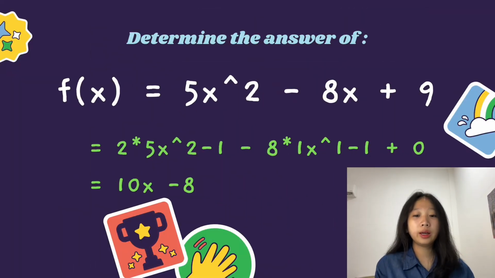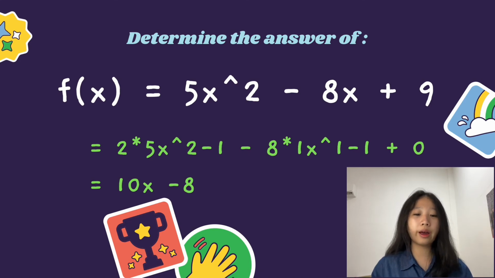Okay, so for my part, I'm going to explain 5 examples of exercises from the first derivative function. For the first example, we're going to differentiate this equation. For the 5x to the power of 2, we're going to bring down the power first, 2 times 5 times x, and the power is going to be minus 1, so 2 minus 1. Then minus 8x, the power is 1, so we're going to bring down 1 times 8 times x, and